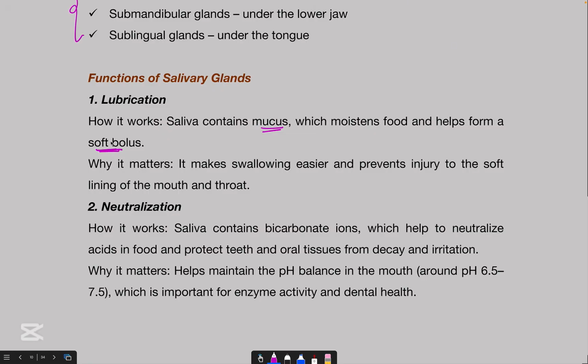So that is that. Now, why does it matter? It makes swallowing easier and prevents injury to the soft lining of the mouth and the throat. Because of the presence of saliva, you can easily swallow anything. Then neutralization. Saliva contains bicarbonate ions, which are a base. And this base